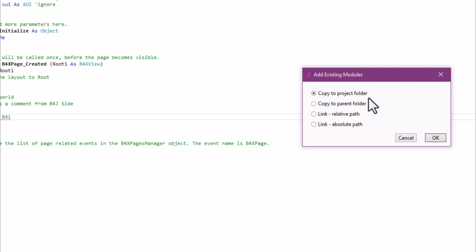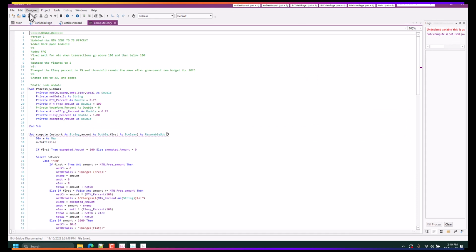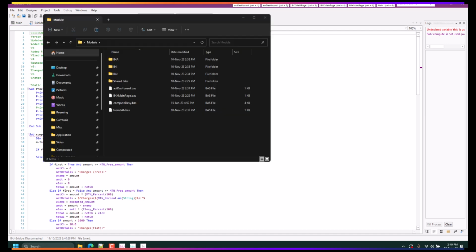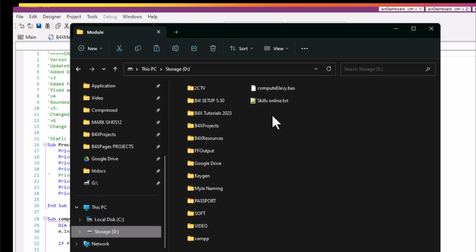Whether if the file is useful where it is, you just link to it, which means any changes you make here, any other project that accesses that file, that changes will reflect across board. But if you don't want that, you just want to copy that code base and modify it for your existing project, then you can also copy it to your parent folder. When you copy it to your parent folder, it means the changes you do here will affect it only in your project. So when I go to the parent folder for this project, I should be able to see it here. So when I do changes here, it will not affect the original file.